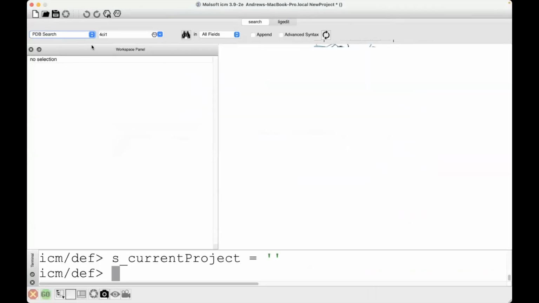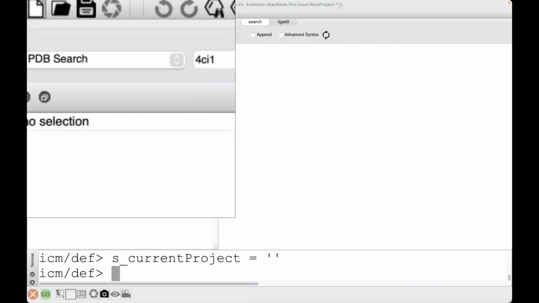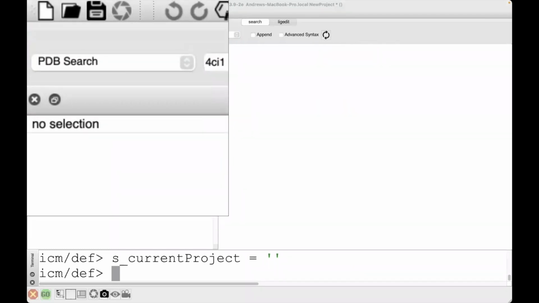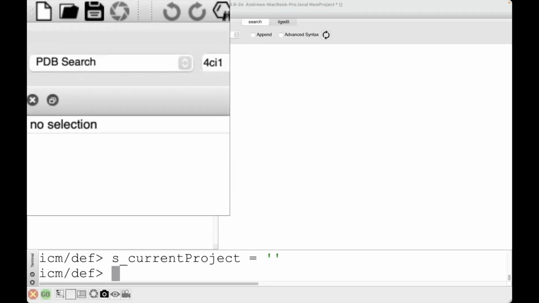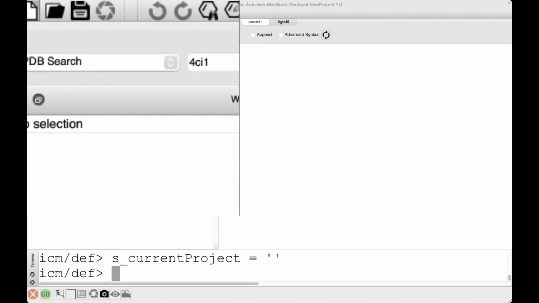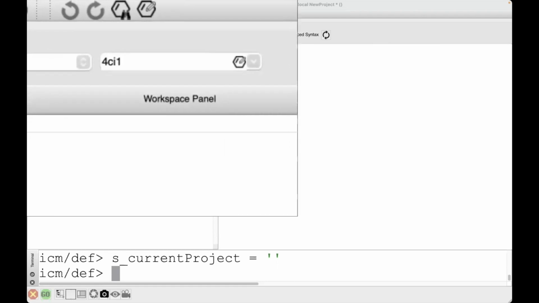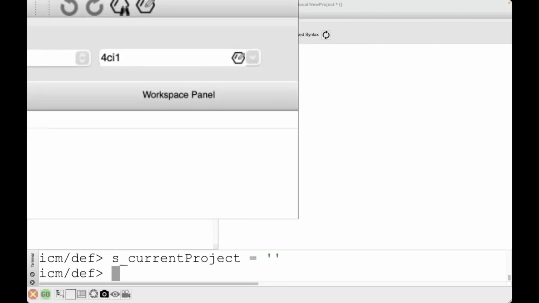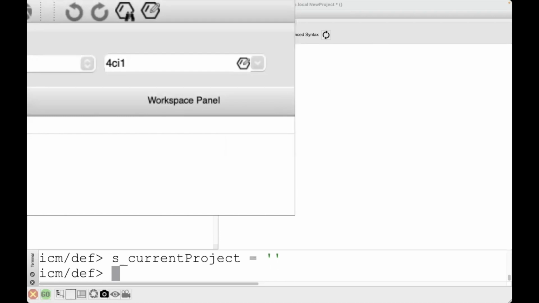So to read in a PDB file, you go to the search button here, PDB search, and there's a drop-down menu. Using that drop-down menu, you can search other databases like ChEMBL, and other databases that we have linked directly to ICM. You can enter the PDB code. You can also search the PDB by chemical structure if you want, but we're just going to,